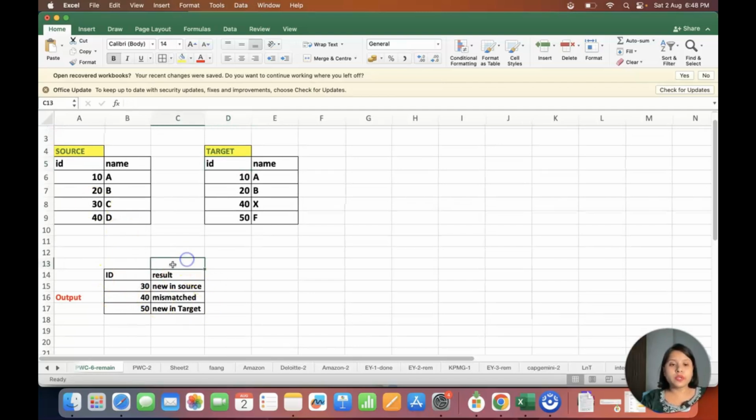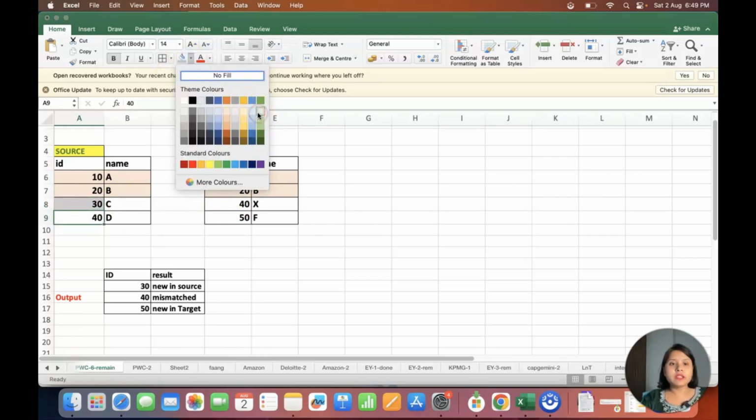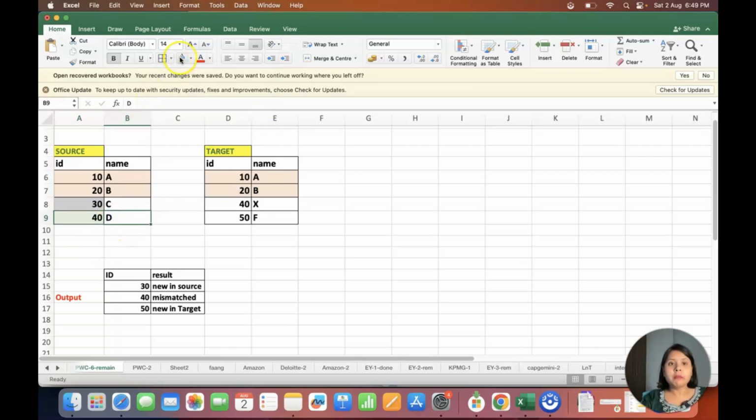So what is this output? We have this new column, you can see. 10 and 20 are present in the source table and 10 and 20 are present in the target table also. Let me color code it so that I can show it to you. So the source has 10 and 20 and the target also has the IDs 10 and 20. 30 is not present in the target, but is present in the source. And 40 is present in my source, and in the target 40 is present too, but if I see the name, it is different, right?